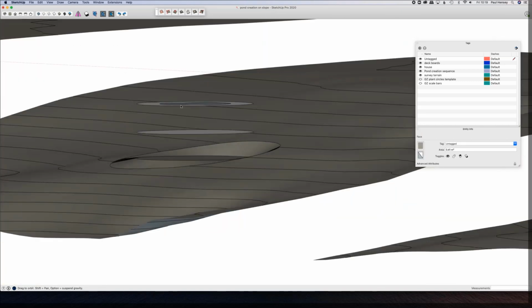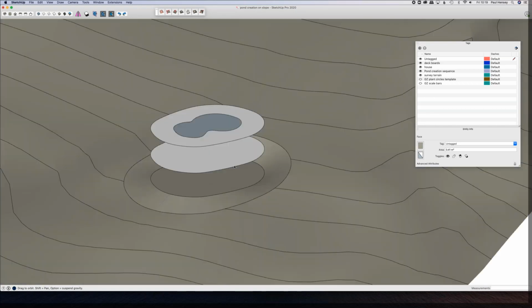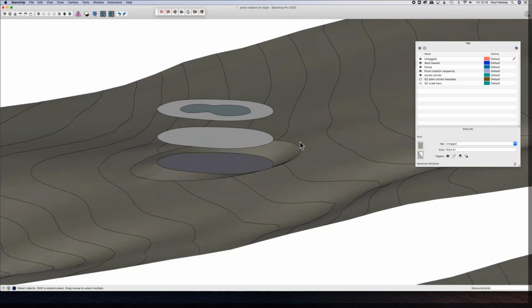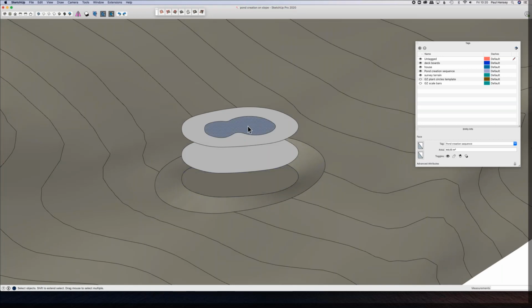What we've done is push it into the terrain. Now that's the platform. So here we've got that geometry, and then this surrounding line is obviously that offset. And it's a reasonable cut at the back, and it's quite a nice slope at the front. So the next stage is to take the pond,